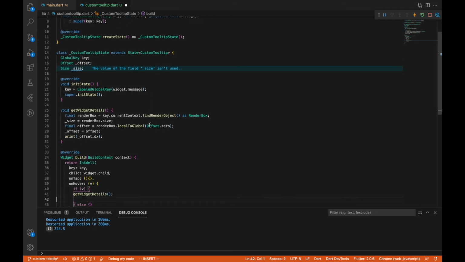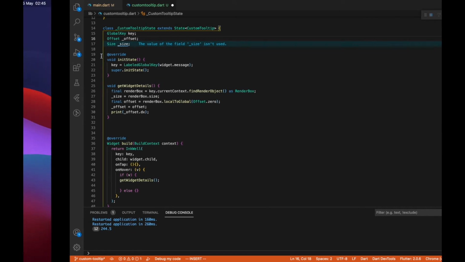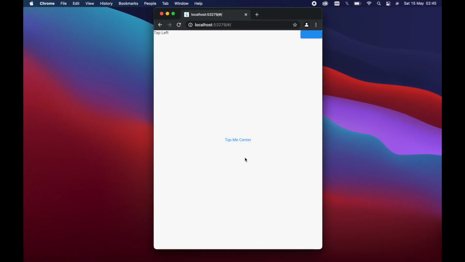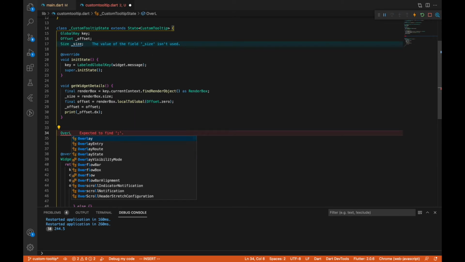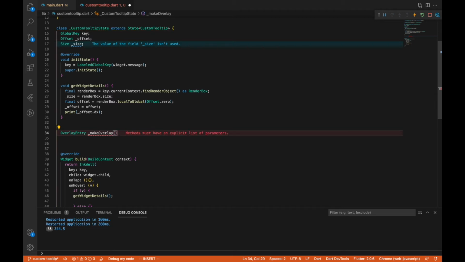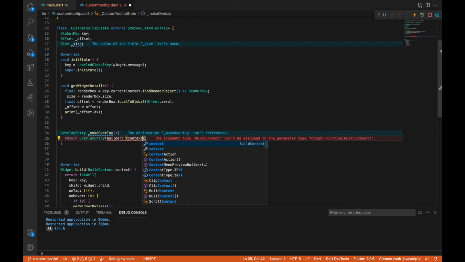Okay, so next we're going to build an overlay of the widgets that we want to show here, which is the tooltip. We're going to call it overlay entry, and we're going to call that make overlay. That's going to be a method, and it's going to return an overlay entry, and we're going to call on the builder, which has a context we have to pass in,